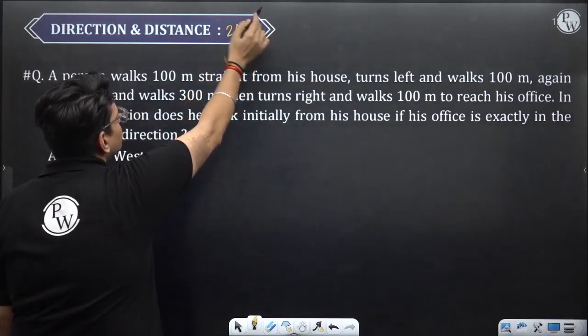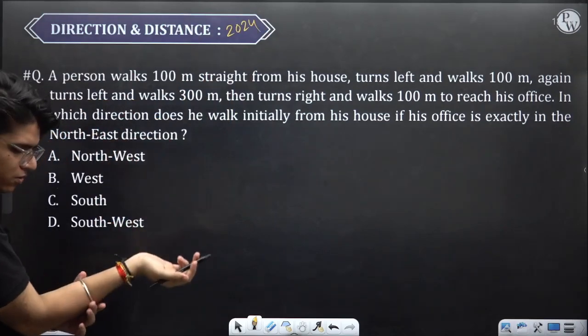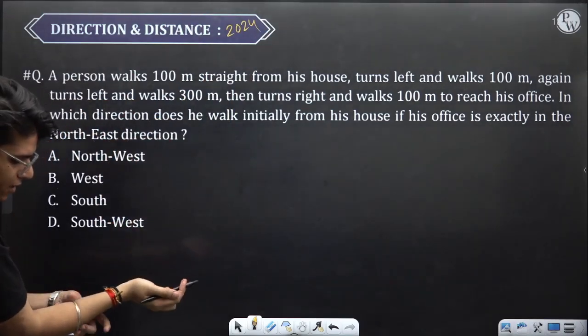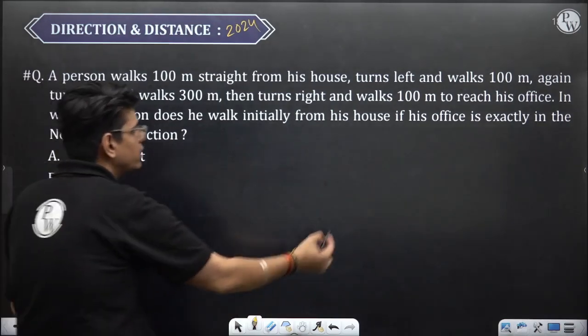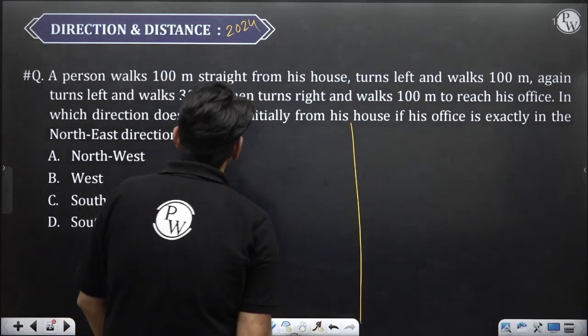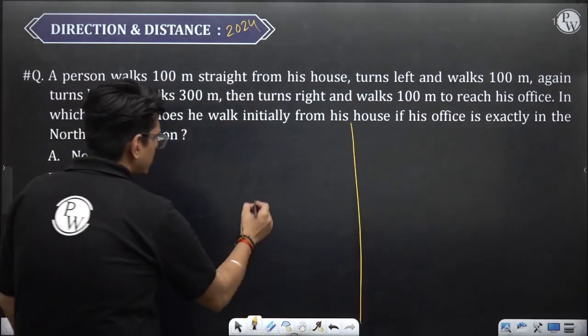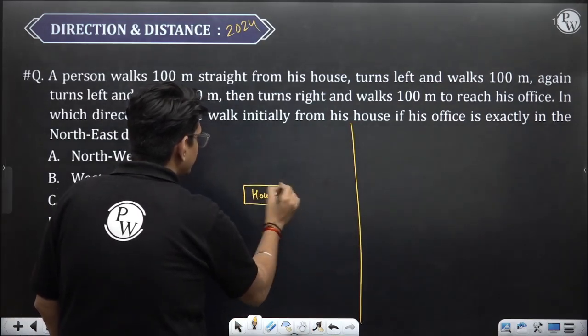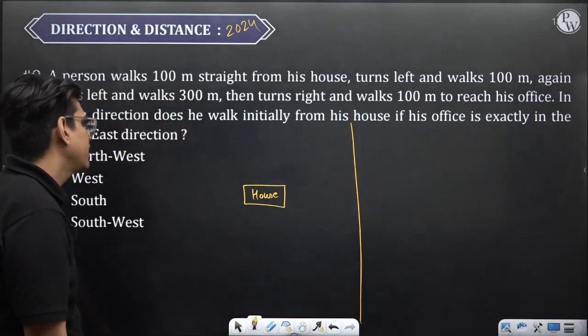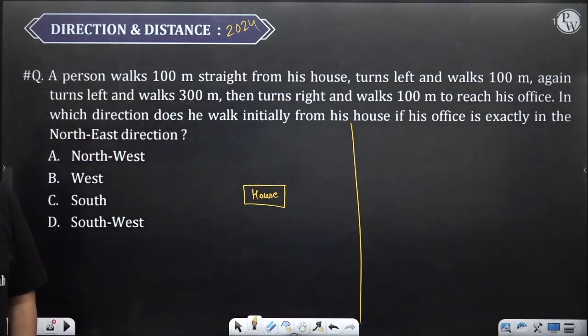We also solved PYQs before this question, right? I forgot to mention the year. A person walks 100 meters straight from his house, turns left, right? So I will do this question by 2 methods, right? This is the first. This is, suppose, his house. I don't know where the front is facing or the backside is facing. I am assuming, let's assume this is,